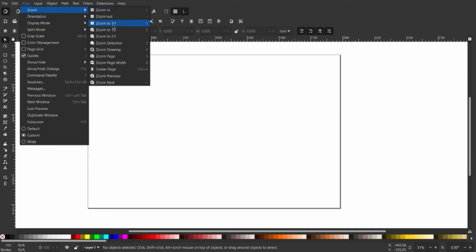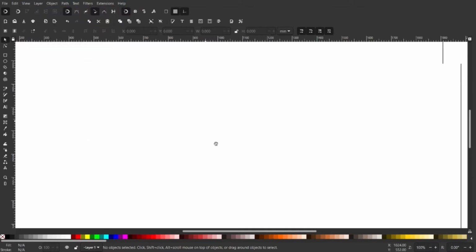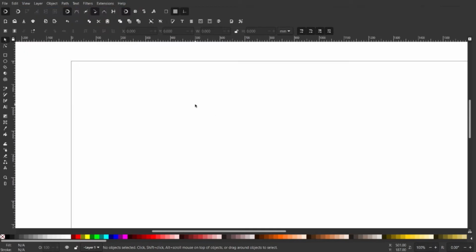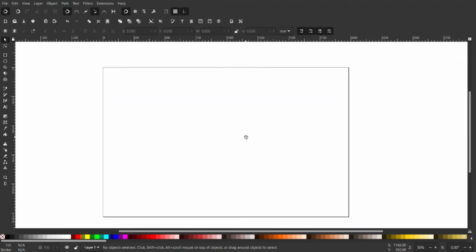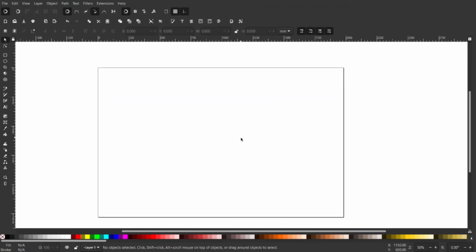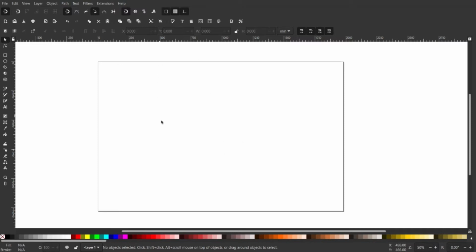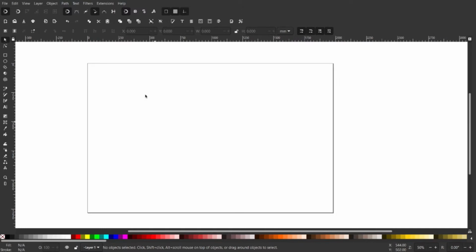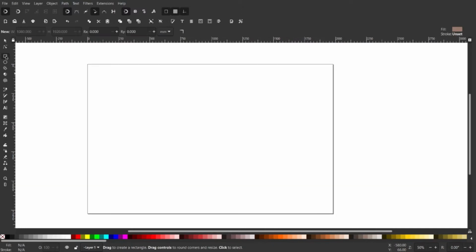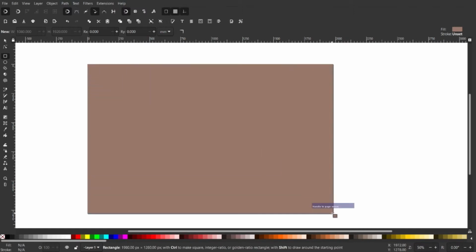Make sure you go to View, make sure you have custom selected and zoom set to 1 to 1. And if you want to zoom out, you can just press Ctrl and roll the mouse wheel up or down to zoom in and out. First of all, I'll enable the option that shows snap page border and then press R on the keyboard or the rectangle menu and just click and drag on the page to make a rectangle.